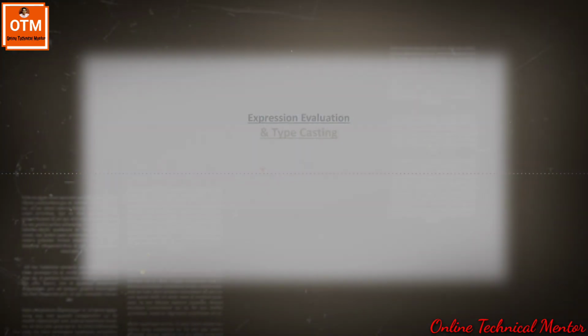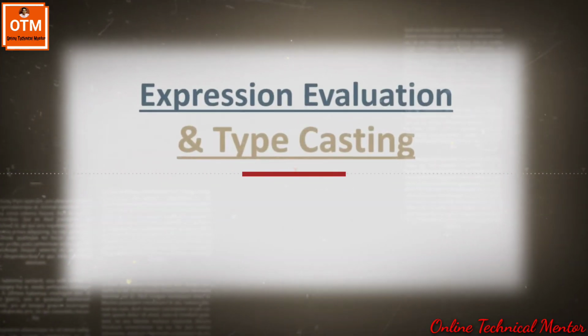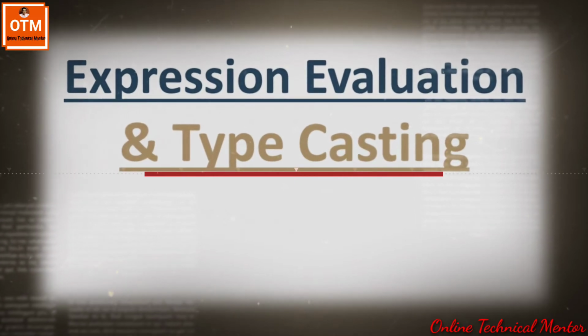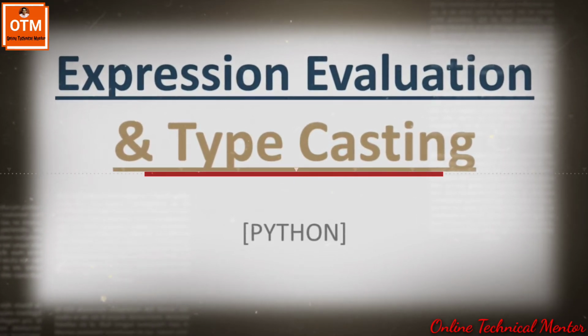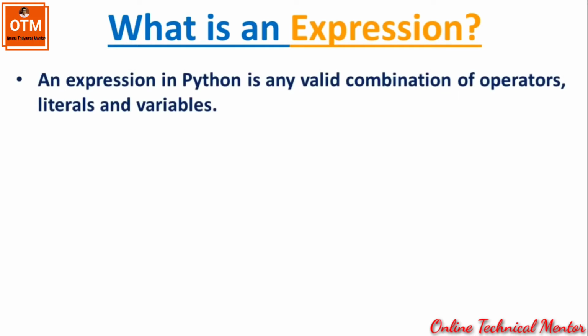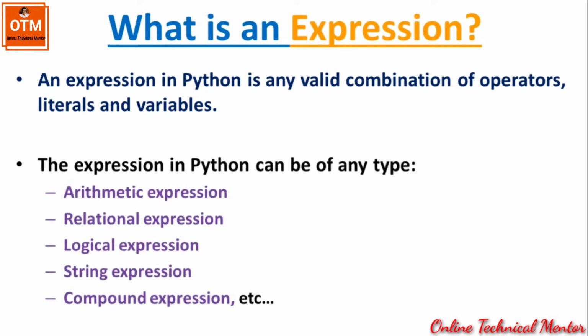In this video, I am going to describe to you the expression evaluation and typecasting in Python programming language. What is an expression? An expression in Python is any valid combination of operators, literals, and variables. That means an expression is composed of one or more operations with operators, literals, and variables as the constituents of expressions. The expression in Python can be of any type: arithmetic expression, relational expression, logical expression, string expression, compound expression,